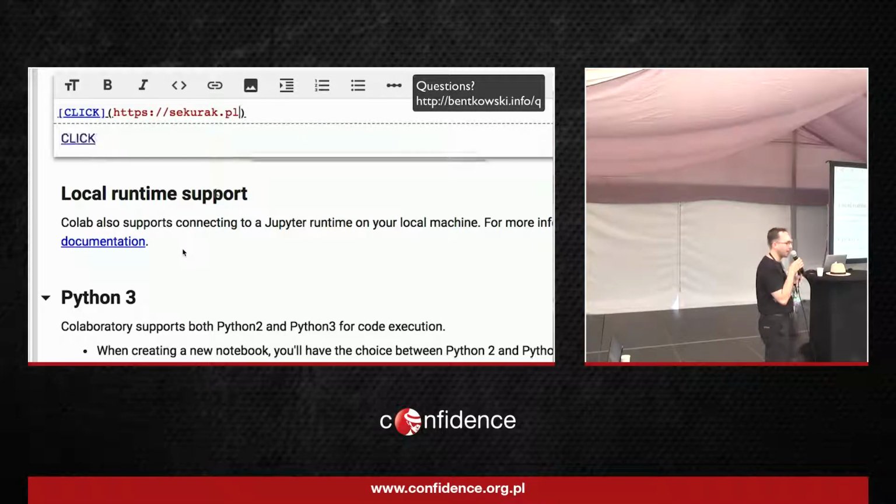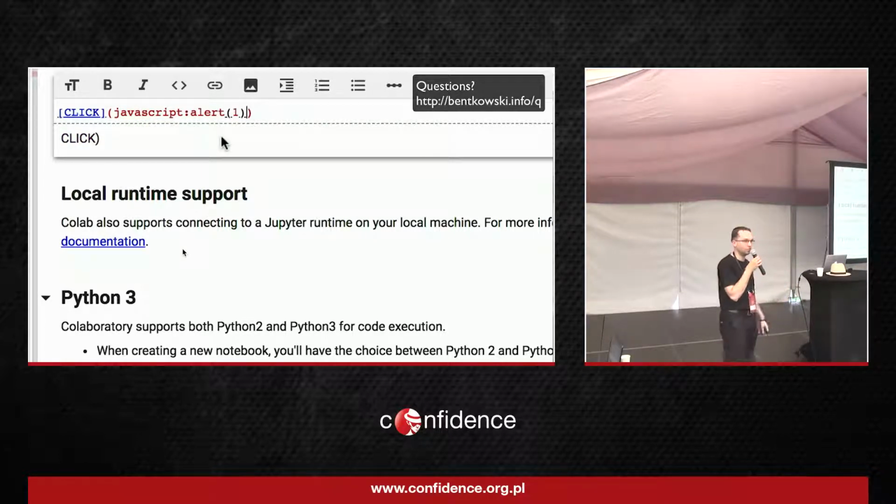That is one attack vector that works in Markdown parsers very often. You can use links using the syntax with square brackets and then the round brackets. So as you can see, here's a link to SecurePL. And there is a very fine protocol that browsers support, and the protocol is called JavaScript. So I tried using the JavaScript protocol. However, as you can see, it didn't work. The link is not blue. It wasn't changed to a hyperlink. So it somehow is able to recognize whether I am using the normal link or whether I am trying to use some JavaScript protocol.